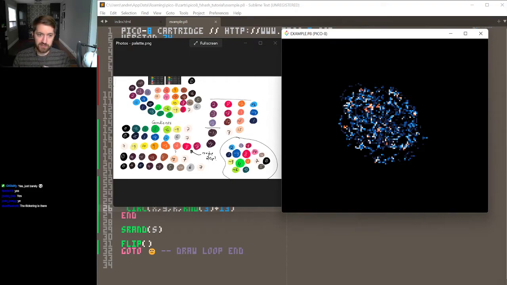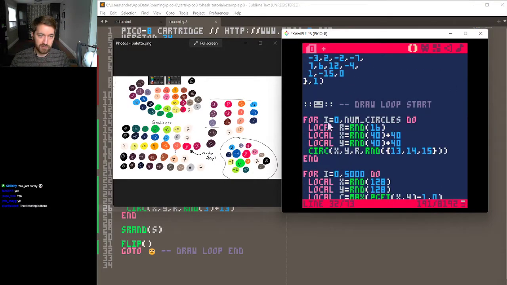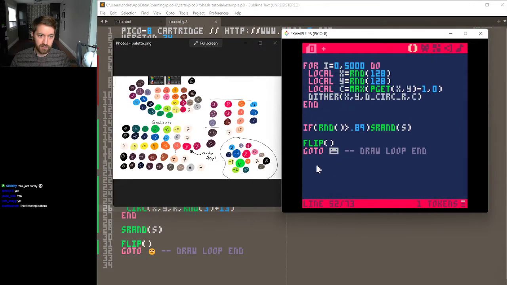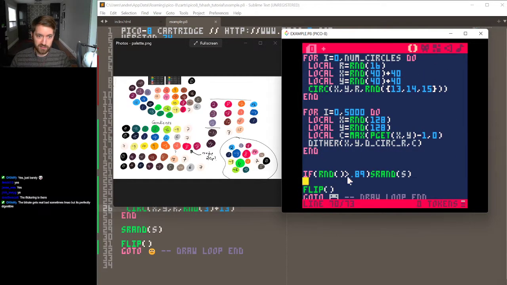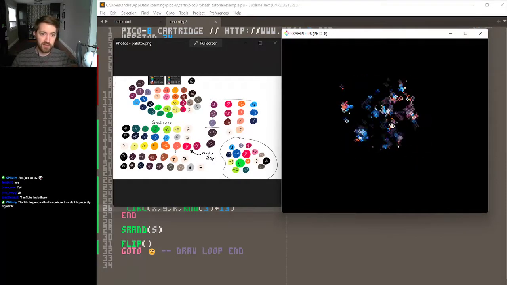This flickering is because every other frame, it's using the same seed for two loops to go through this loop twice before this gets triggered and it's resetting the seed. So because of that, basically it ends up with a short loop. However, it still has this, oh, there we go. Finally, I was waiting for this to happen. It still has this